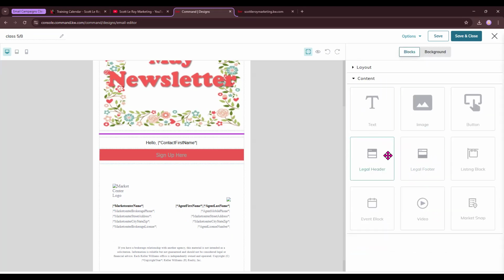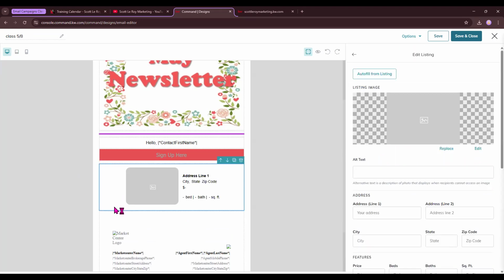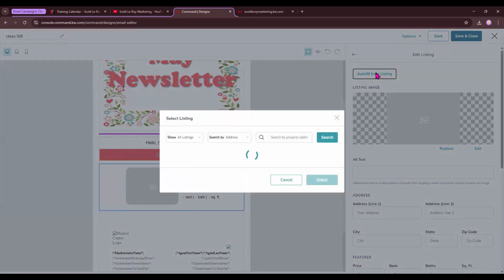Moving along, we've already done the header and the footer, so we have a listing block. Let's go ahead and drag that here. Now, a listing block is going to allow you to pull in your listings that you want to highlight, and you can autofill from listings. So if we go ahead and click that,